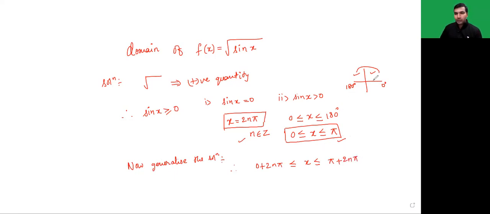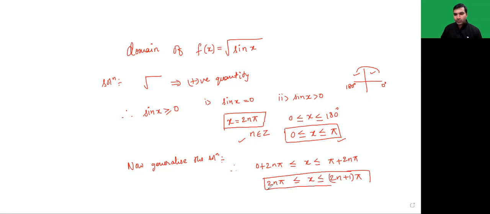After 360 degrees, again after 360 we'll get 450, then 540. So from 360 to 540, again sin x is positive. So now 0 plus 2n pi will be 2n pi less than or equal to x less than or equal to, here I can take pi common, so (2n plus 1) into pi. So this is the solution